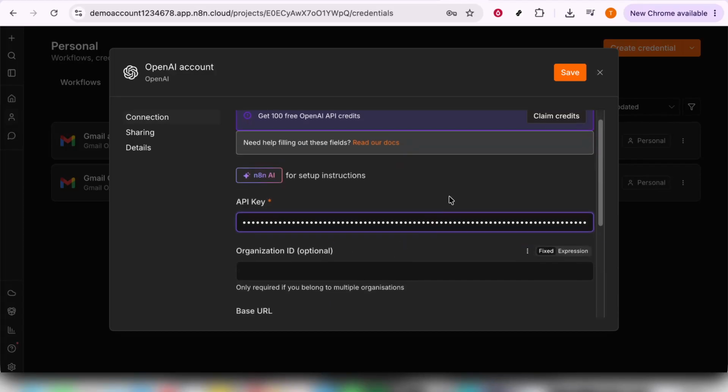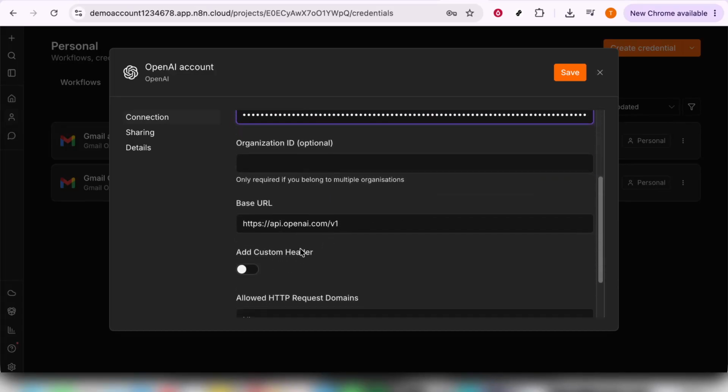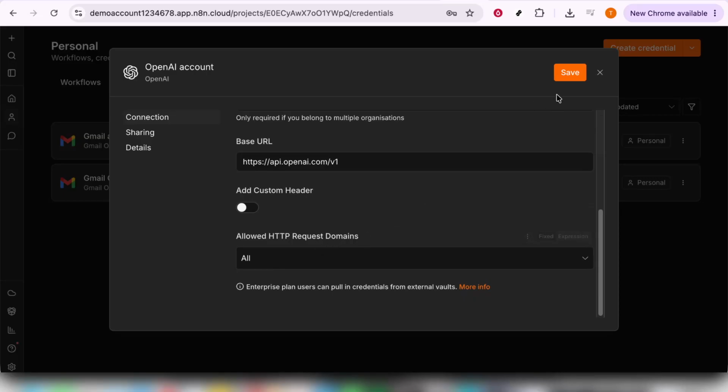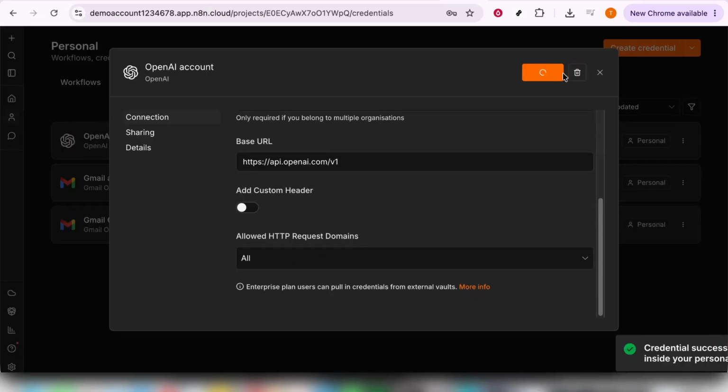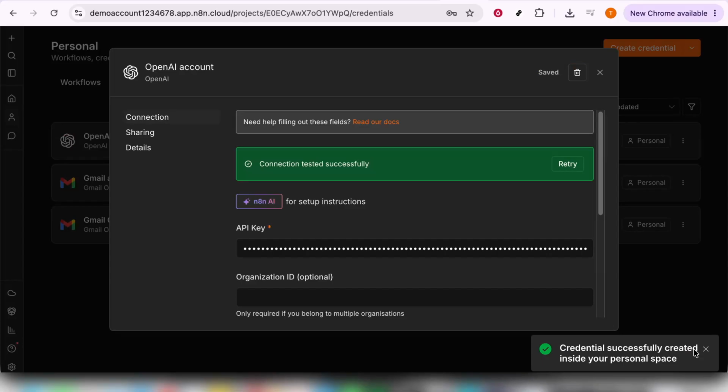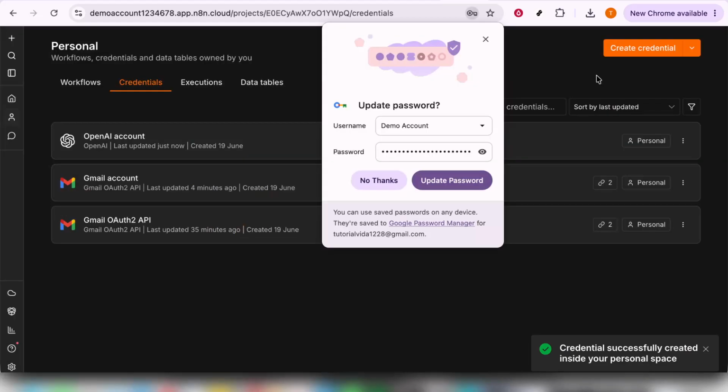Finally, follow the on-screen prompts provided by n8n. These will guide you through any additional configurations or confirmations required to complete the integration. Always make sure you're following these prompts closely, as they are designed to ensure everything is set up correctly and securely. And with that,